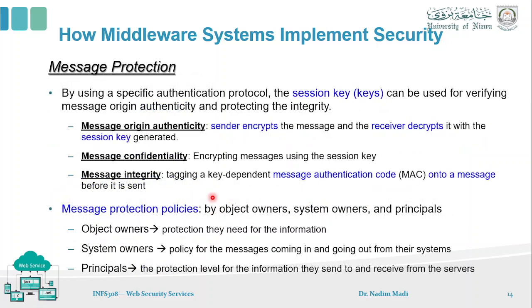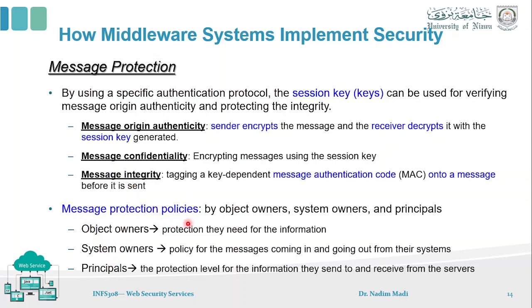We have message protection, which is fulfilled by three main techniques. First, authenticity, or message authentication using the session key. Second, confidentiality, where encryption should be applied to the session created between the two communicating nodes. And third, message integrity. Let's not forget that integrity is about ensuring that no one has changed the message contents. By building confidentiality, we make sure integrity has been applied.